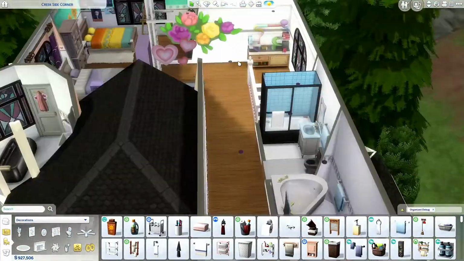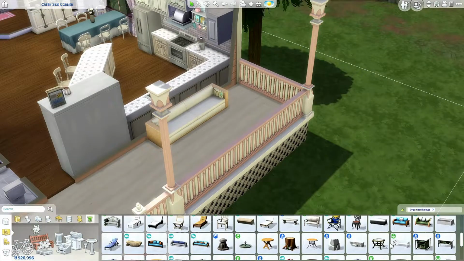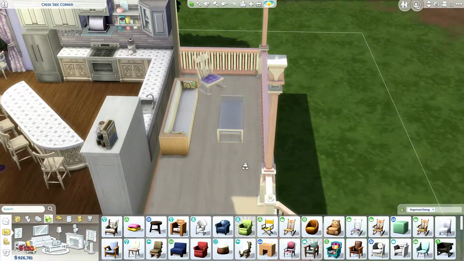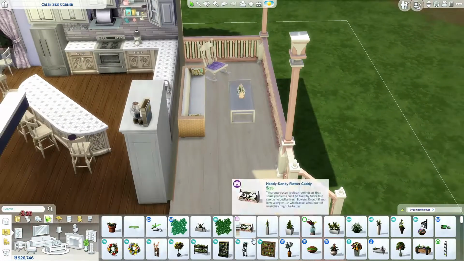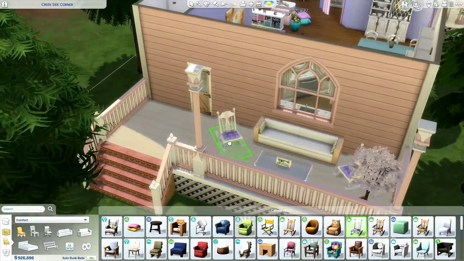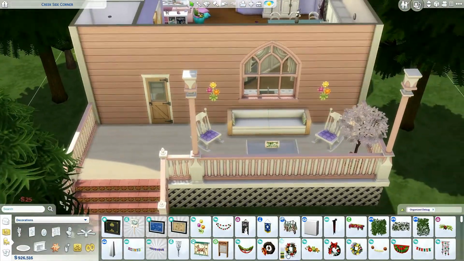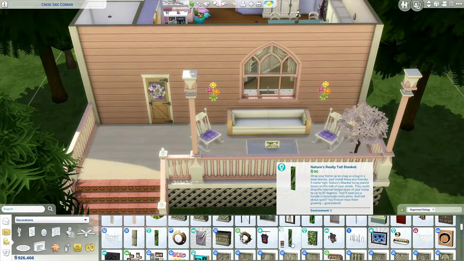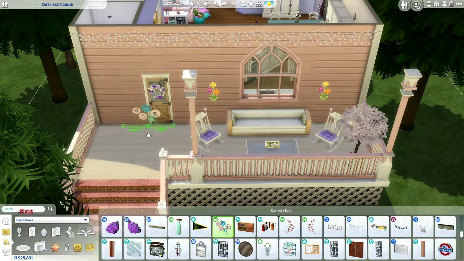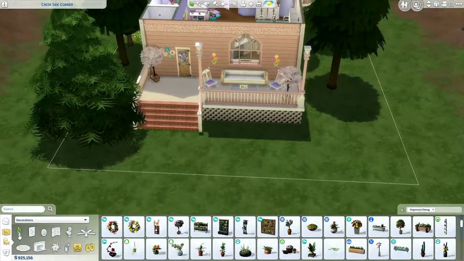And this is the bathtub shower combo, and now I'm working on the patio in the back, just a little seating area and a rocking chair, just to make a nice cozy area. I'm also gonna place the fairy lights that came with the parenthood pack, which I thought was just so cute, and I'm placing lots of colors, flowers everywhere. You hear the fairy lights, and just some potted